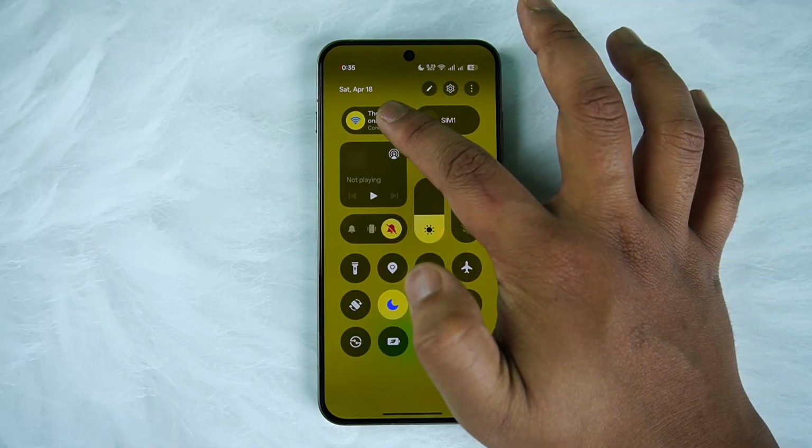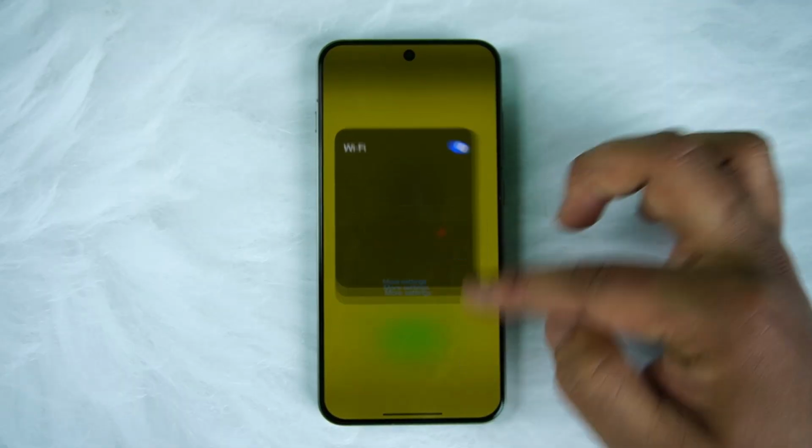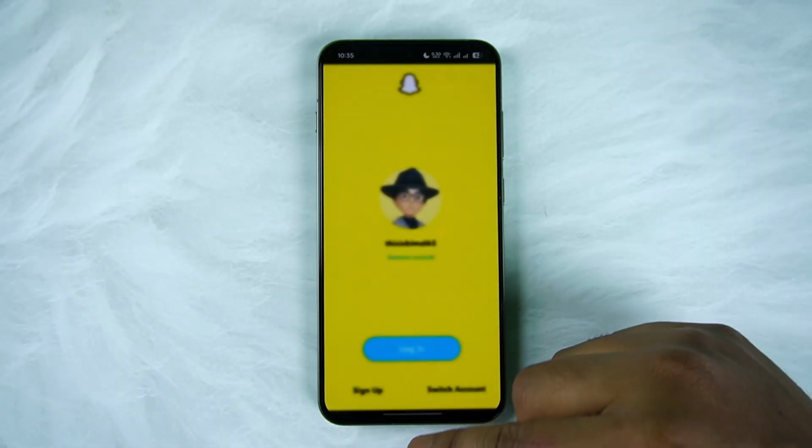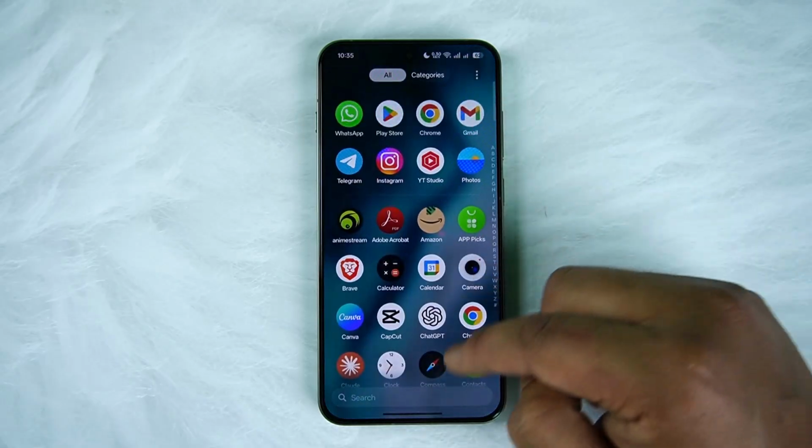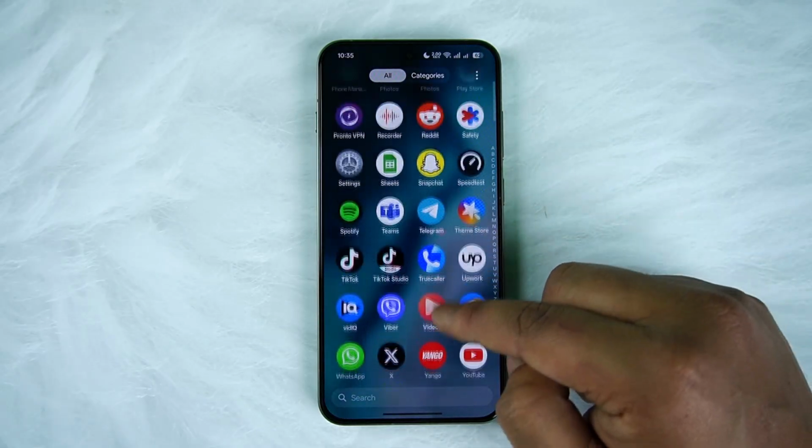So if you're using Wi-Fi, you can try to switch to cellular or vice versa and see if that helps you solve the problem. If that doesn't help you solve the problem, if you're using the app on Android, long